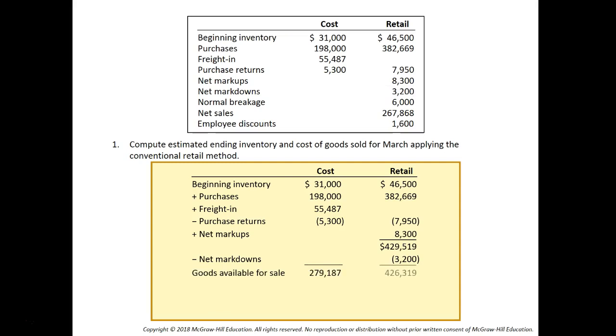Now, our net markdowns we subtract out, but we don't always use this figure in determining our gross markup profit percent. With our normal breakage, remember those aren't goods available for sale because they aren't worth being able to be sold. Our net sales,